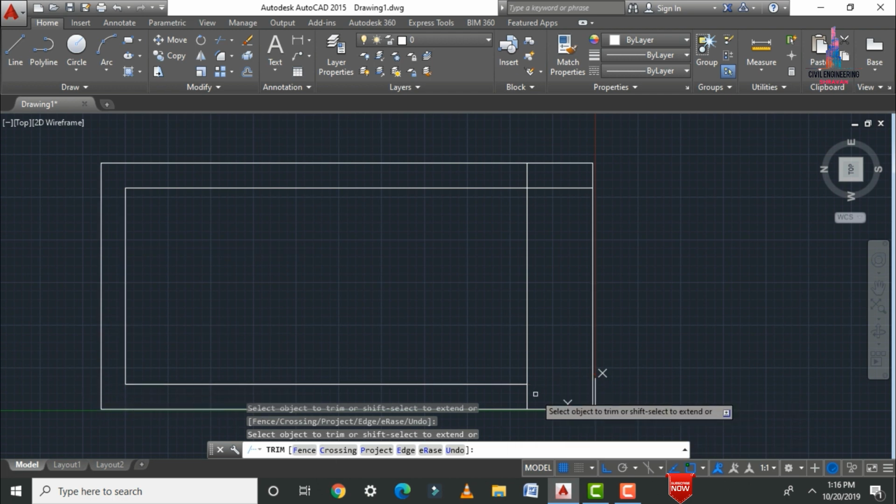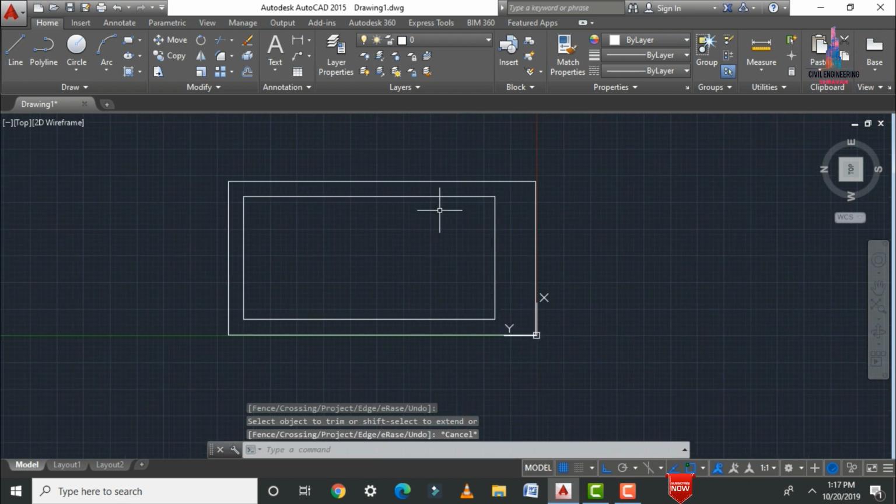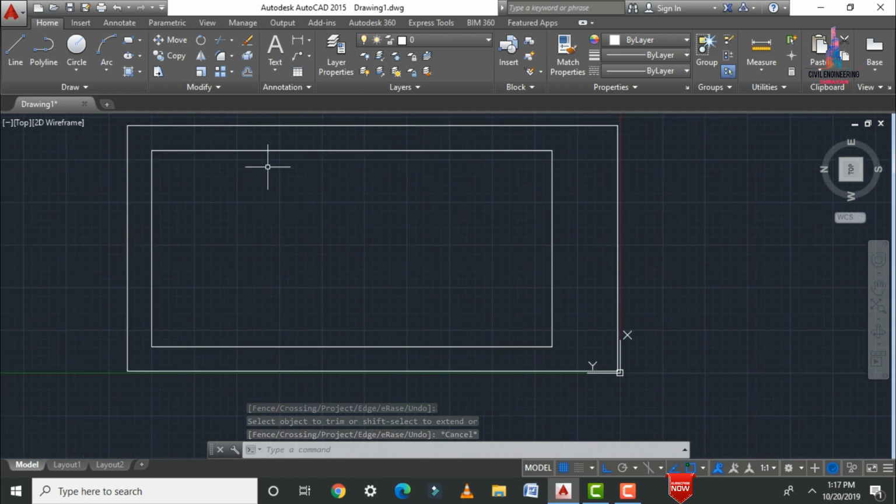Here these respective vertical lines as well as horizontal lines will be trimmed like this for this plan. After the trimming process is completed, the inner portion of your rectangle comes under your plinth section. Okay, so for this plinth section only we need to draw the plan. Initially I am drawing this respective plan.